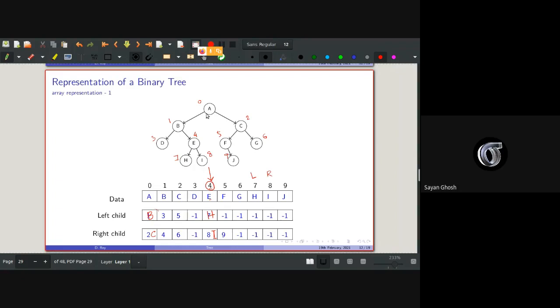Now, let's declare a structure here. So let's consider this as a structure. Say struct node, which is actually storing the data.